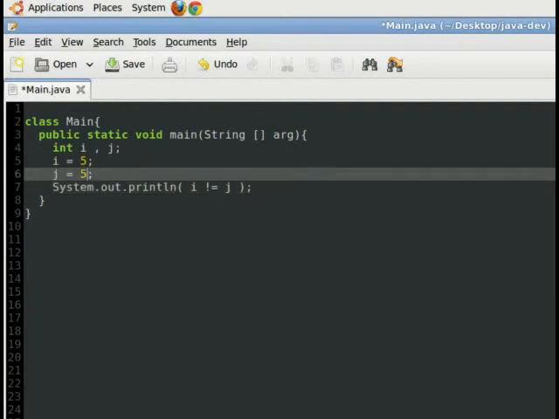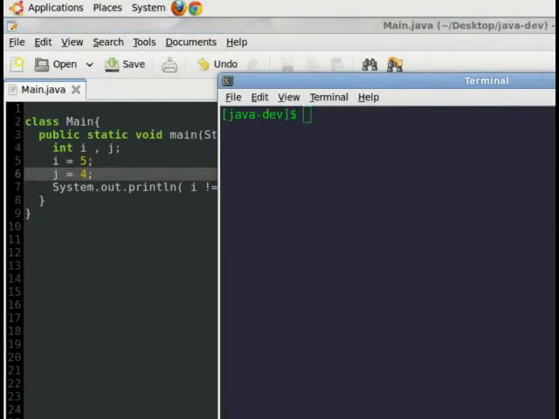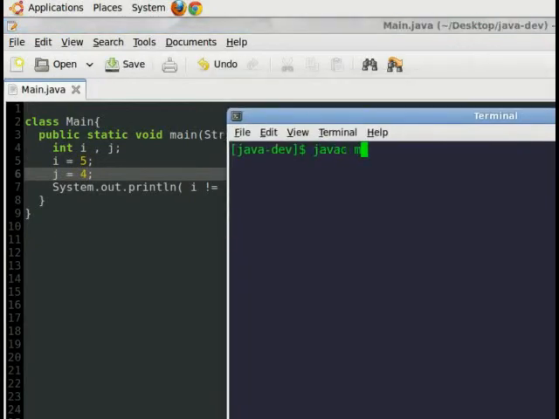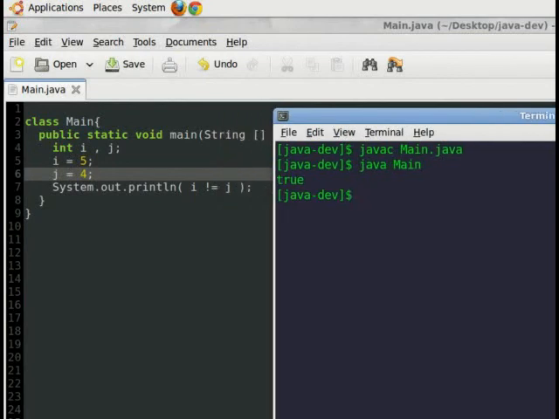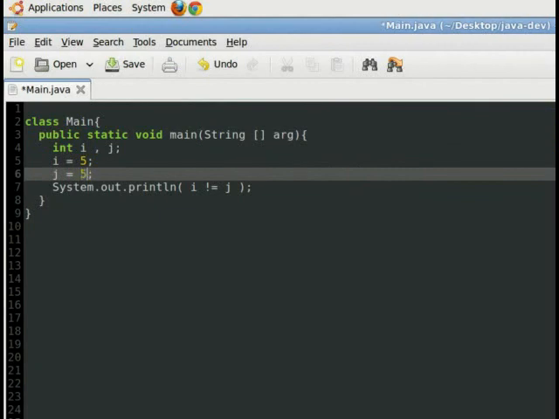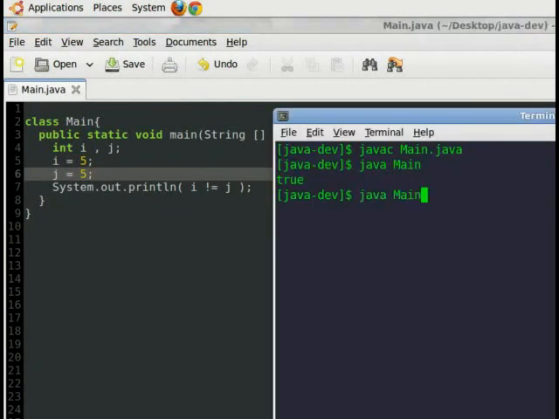So if I change the value of j here to, let's say, 4, save this program, and then I were to recompile it, main.java, and run it, it would say true, because the two entities are not equal. So the not equal sign will return true when both the entities to the left and the right are not equal to each other, and if they were equal to each other, it would return false. And by that it means it's saying that no, the two entities are actually equal,